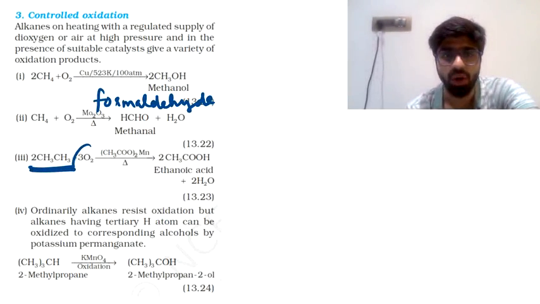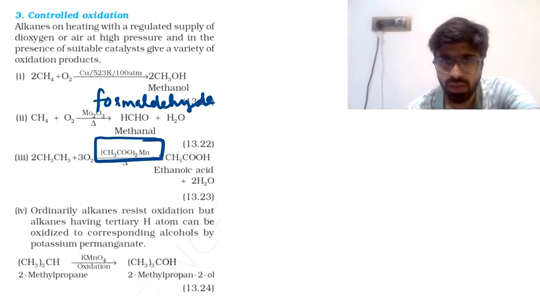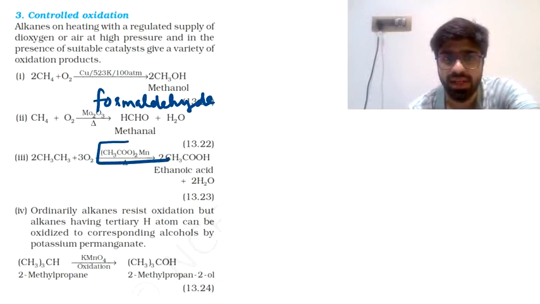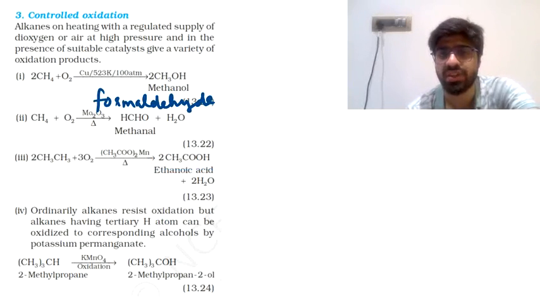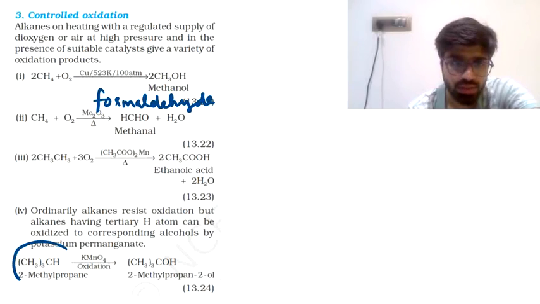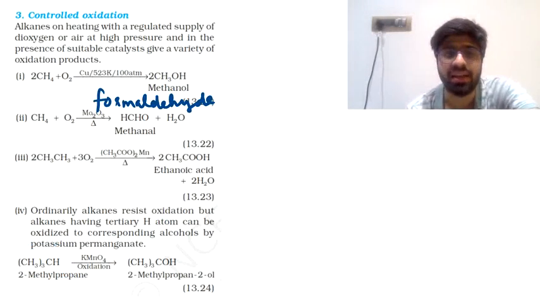Ethane on partial oxidation in the presence of (CH3COO)2Mn and heating gives rise to the formation of ethanoic acid and liberates water. And there's a tertiary alkane here, and tertiary alkanes. Okay, they've said that ordinary alkanes